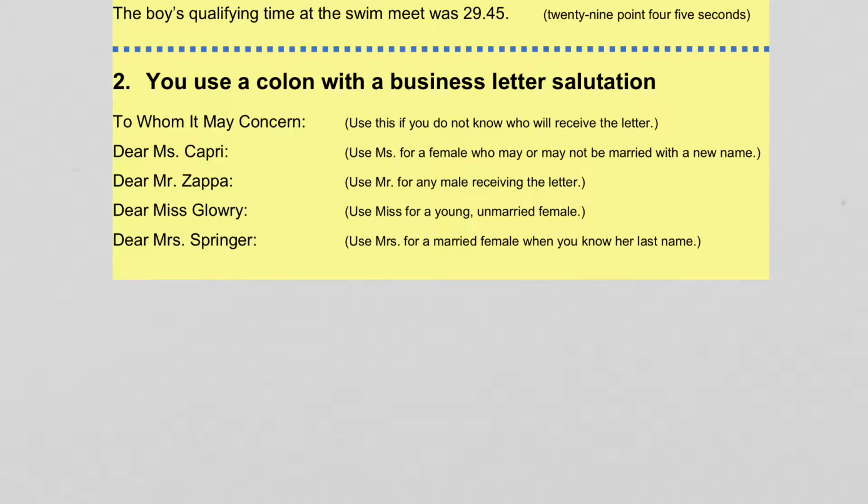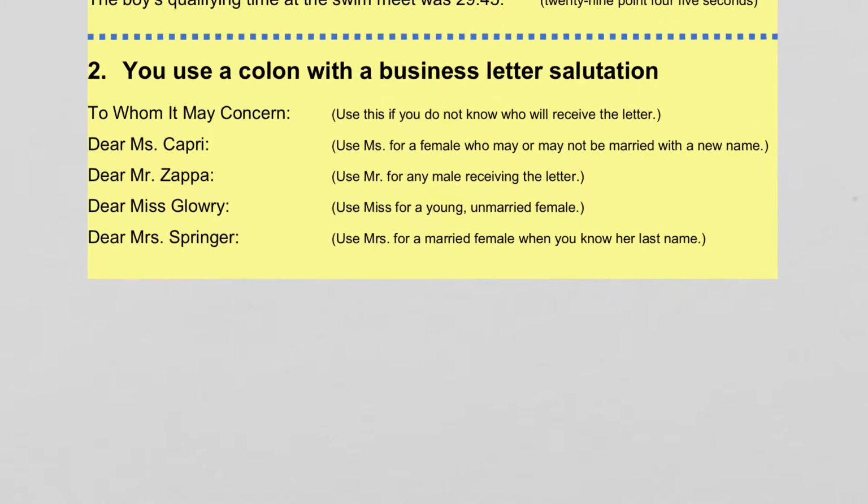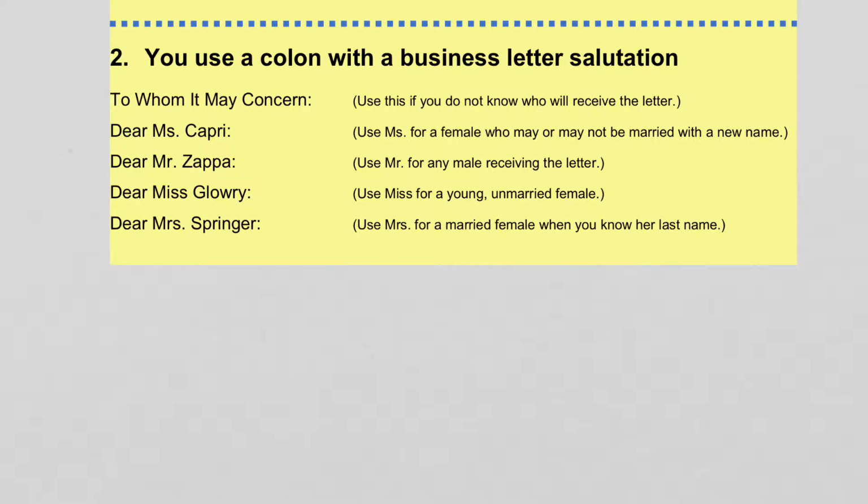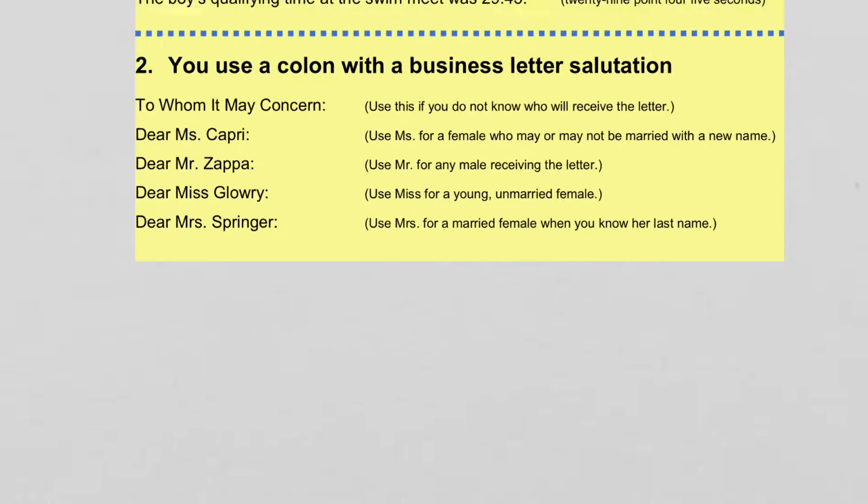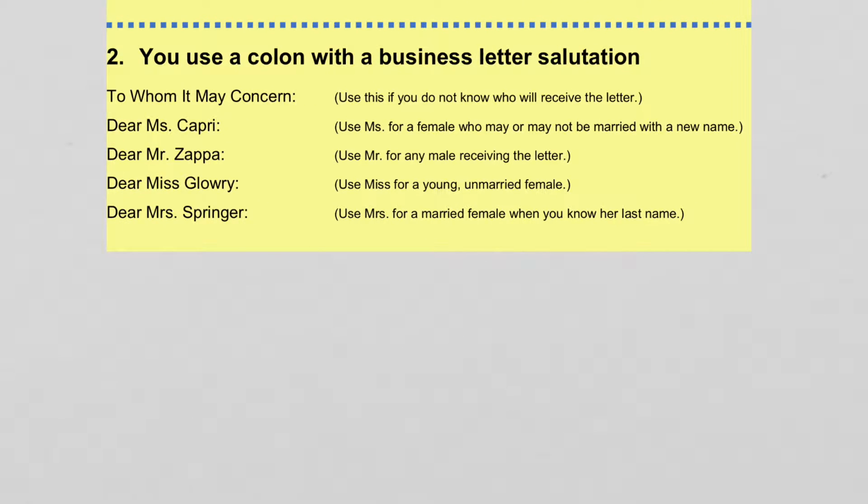All right, so if we look at the other ones, right, "Dear Ms. Capri," that word Ms, you'd use Ms for a female who may or may not be married with a new name. So if you're writing a letter to a woman and you're not sure if she's married, and you're not sure if she took her married name or if she kept her maiden name,